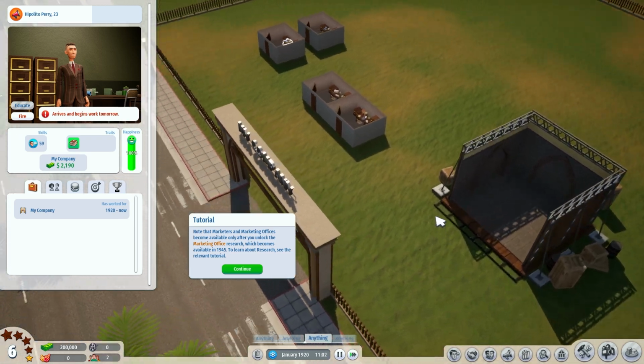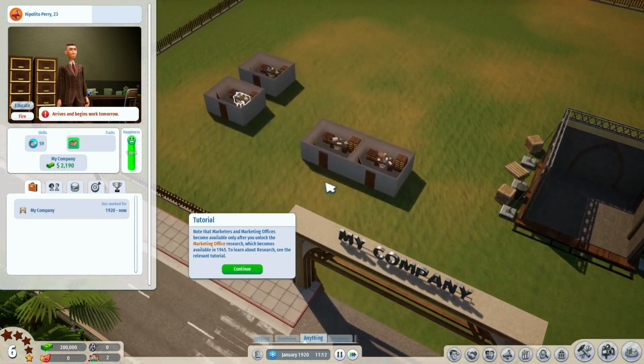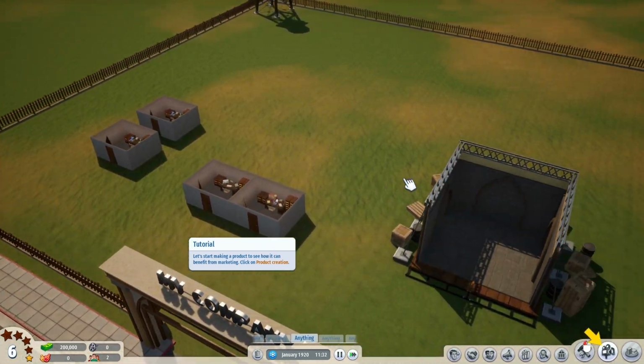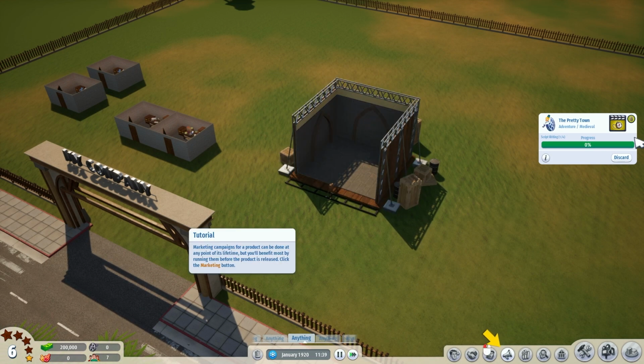Note, the marketers and marketing offices become available only after you unlock the marketing office research, which becomes available in 1945. To learn about research, see the relevant tutorial, which we already did. Let's start by making a product to see how it can benefit from marketing. Click on product creation, create the product,